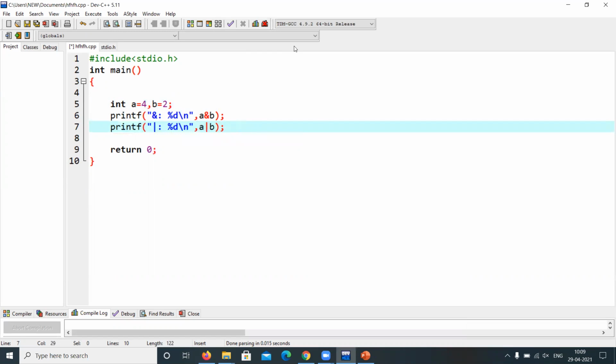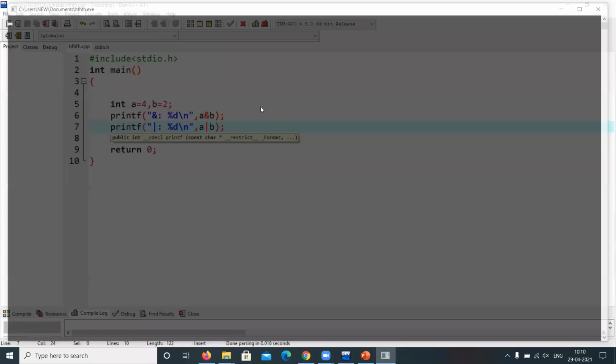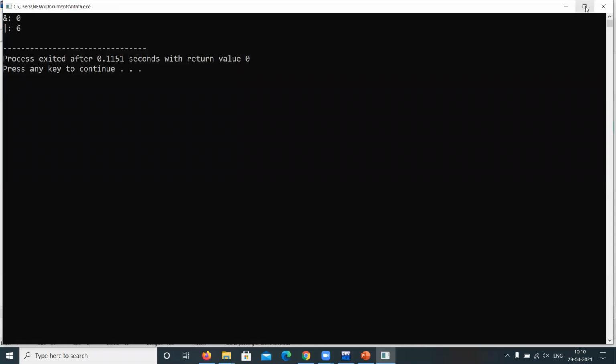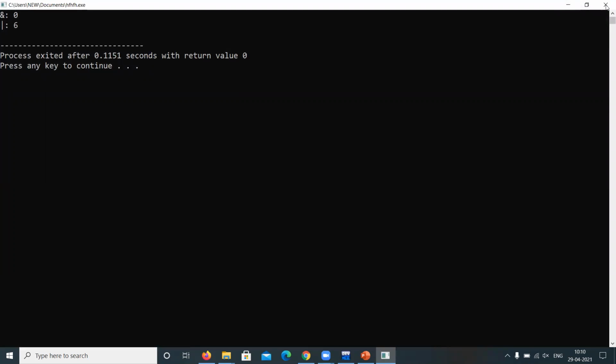Now observe here. Let me save this code and execute. See, 0 and 6, right? We got the bitwise operations performed.